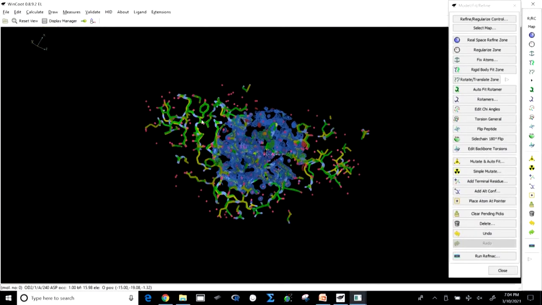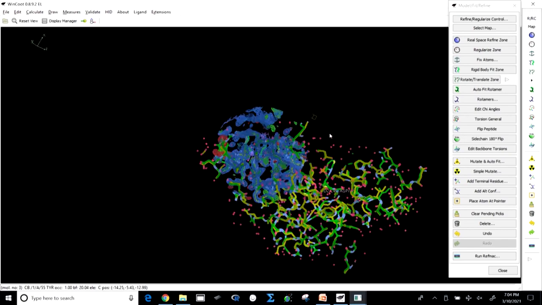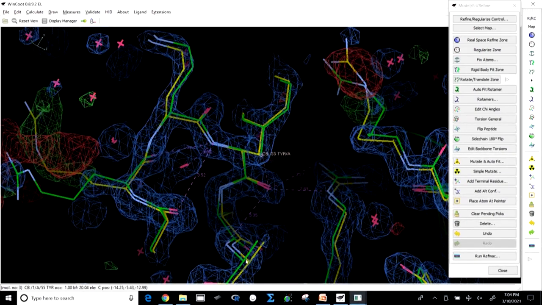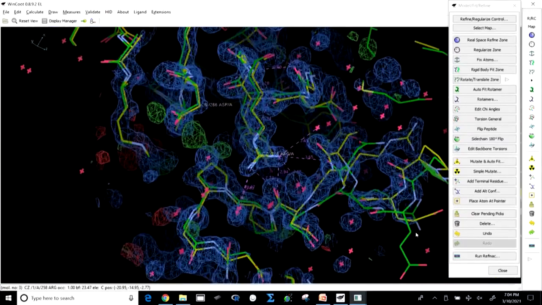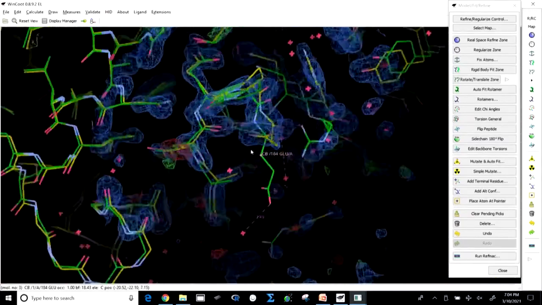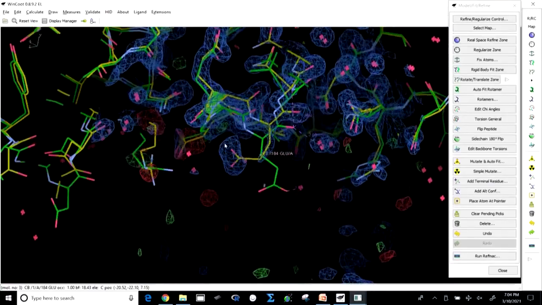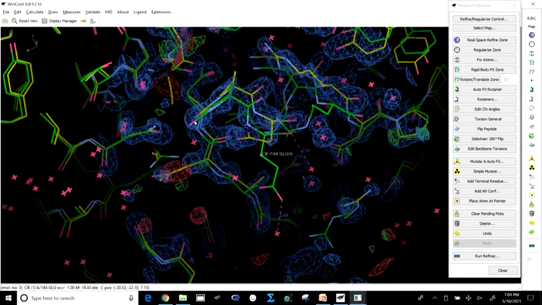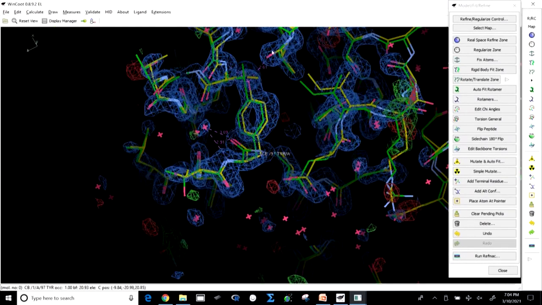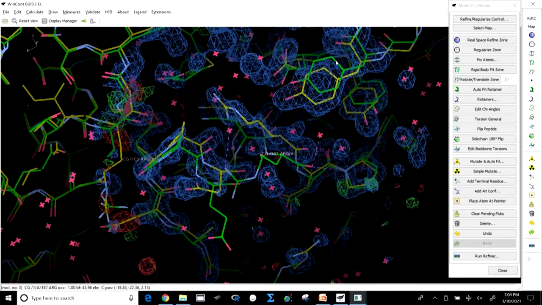In some places you will get beautiful alignments. Now the differences you are seeing in some places are really differences. The differences are because of small movements of the amino acid side chains